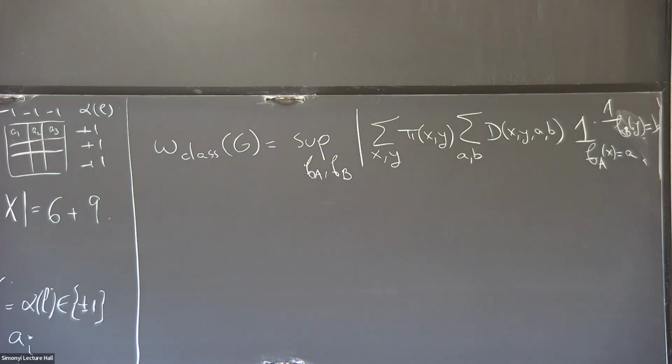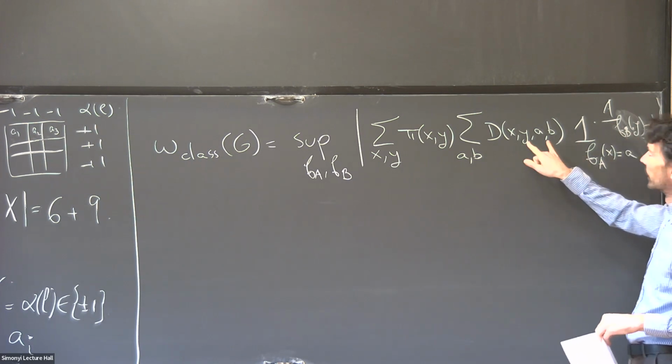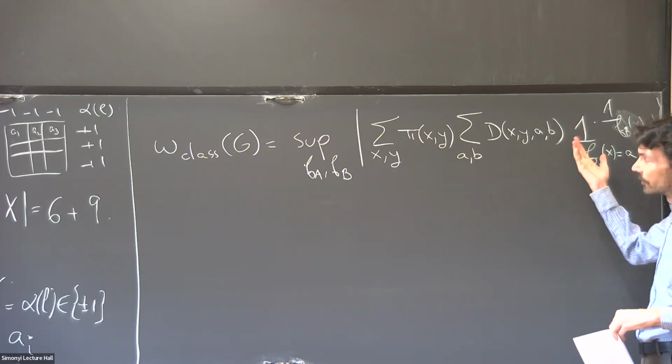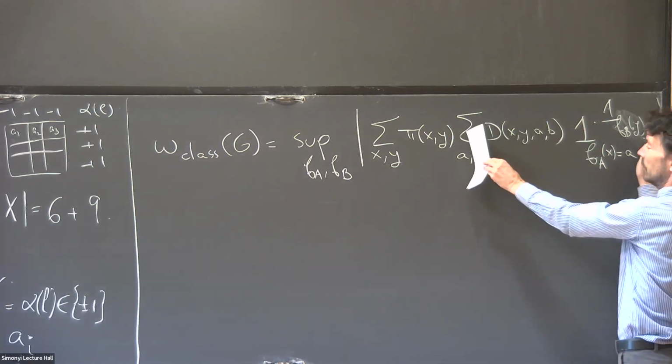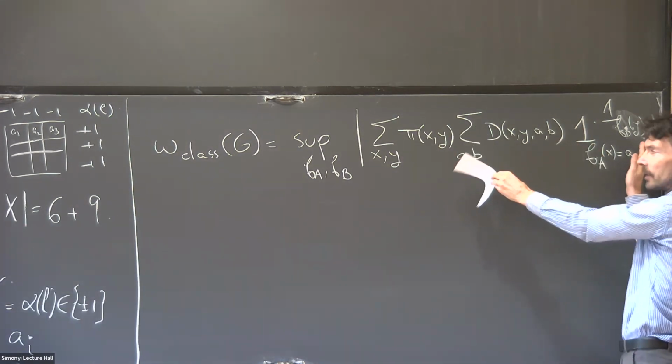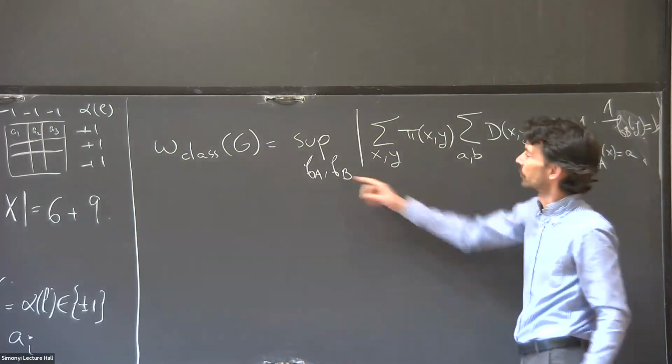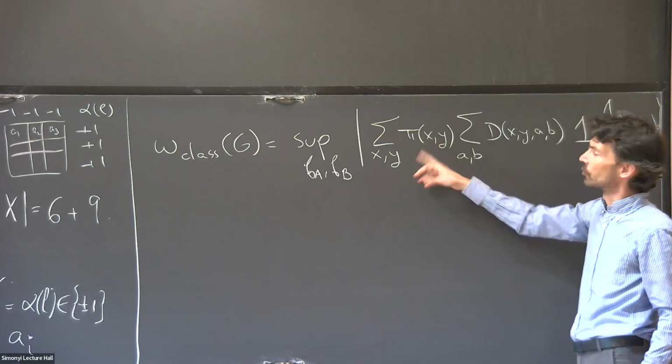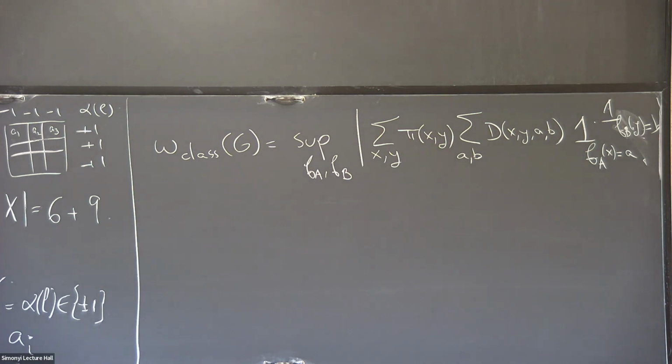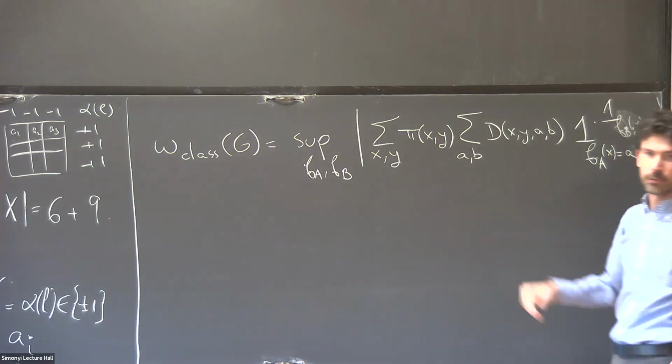So does everyone agree that this product of indicators is 1 for a single pair A, B if I fixed X and Y, and then I'm going to get 1 if this D is 1 and 0 otherwise. So this is my score for the pair of questions X and Y. Do I get valid answers or not using these functions? And then I'm summing over all questions and distributions. This is the probability that I give correct answers, where the probability is taken over the choice of questions.